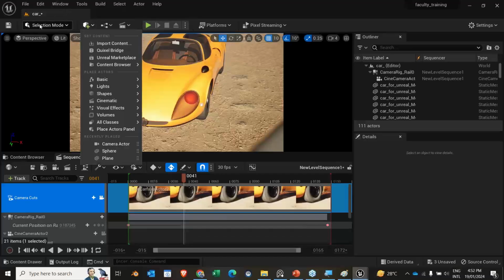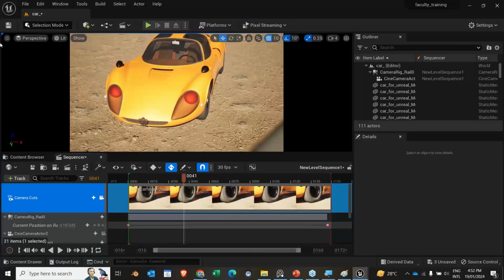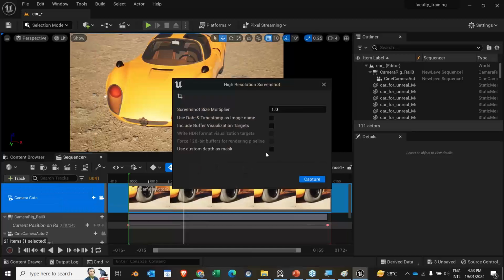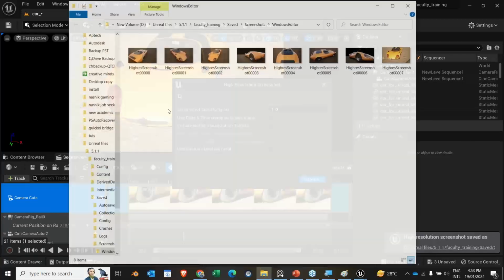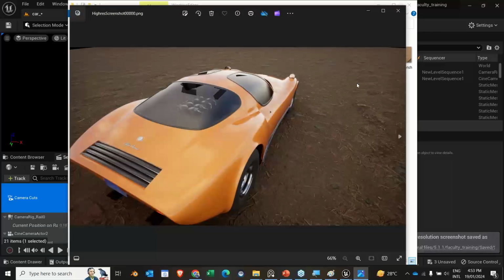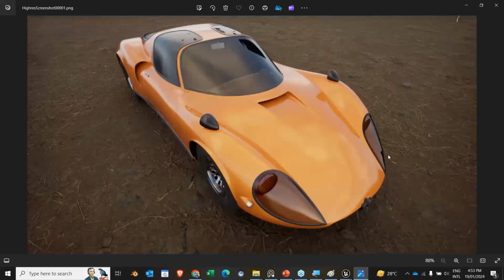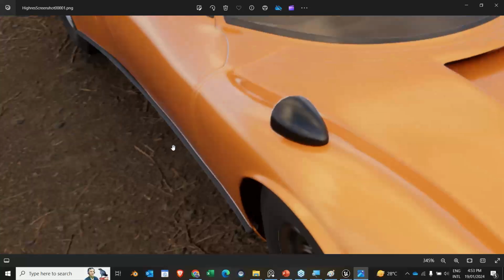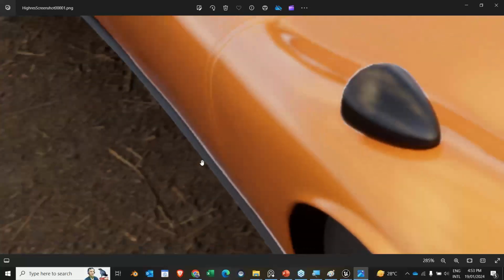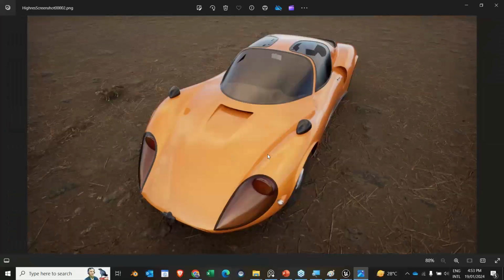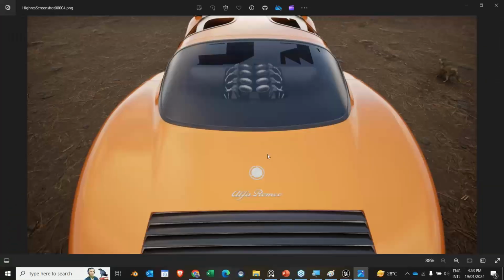I was working on this. I would like to share it with some of you. I'm just showing you the screenshot resolutions, right? Let me just capture it. See, I was working on these materials, right? Everybody can see this, guys. So this is what I was working on, right? Still, I'm facing a little problem. Here you can see the material, I guess, is not blending properly over here. So in the next session, we'll try to do the